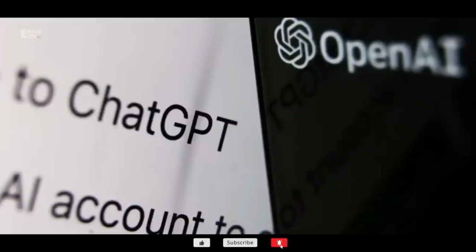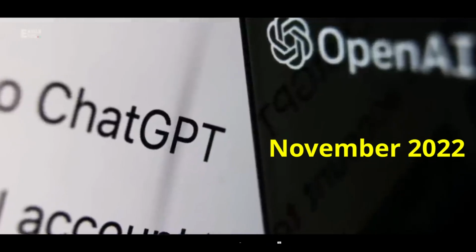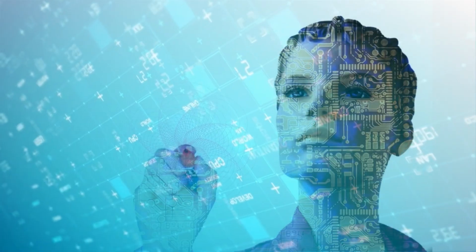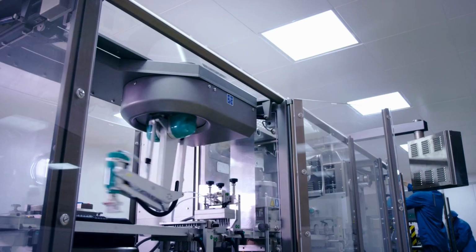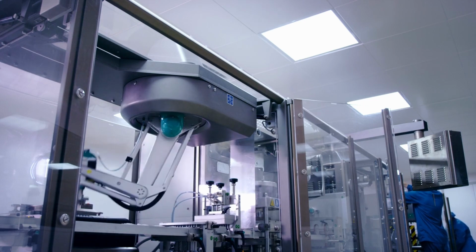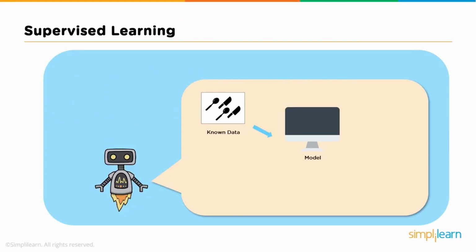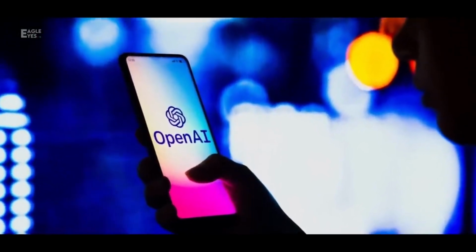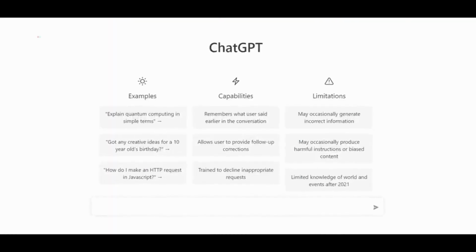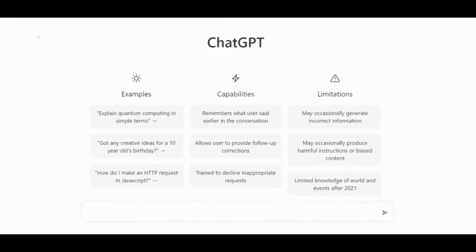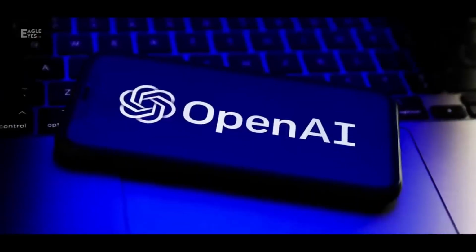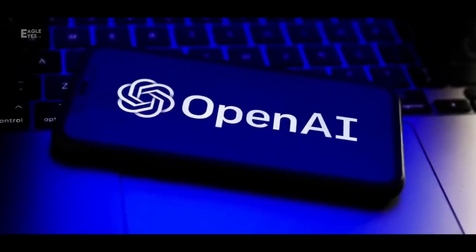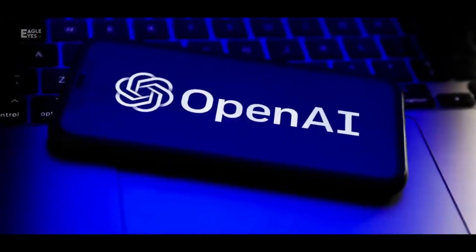ChatGPT is a chatbot launched by OpenAI in November 2022. It is built on top of OpenAI's GPT 3.5 family of large language models and is fine-tuned with both supervised and reinforcement learning techniques. ChatGPT was launched as a prototype on November 30, 2022, and quickly garnered attention for its detailed responses and articulate answers across many domains of knowledge. Its uneven factual accuracy was identified as a significant drawback.